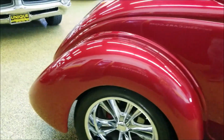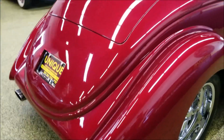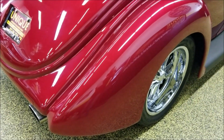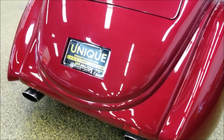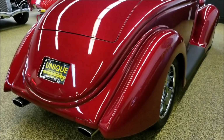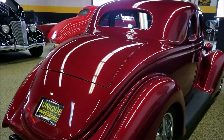Red metallic base coat is what we use for paint, with a red candy apple overlay, and then obviously layers of clear on top of that for the stunning red look. You can check out the still pictures. Check out the underside, engine, interior, trunk, all built to match. Those still pictures can be seen at